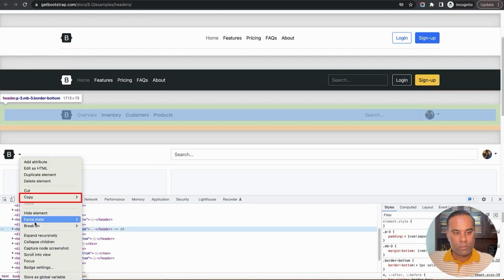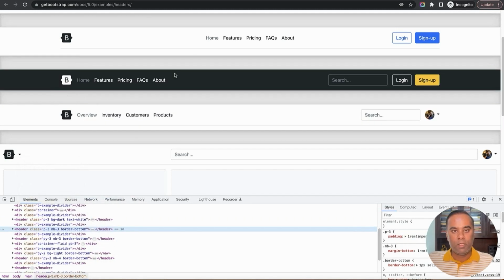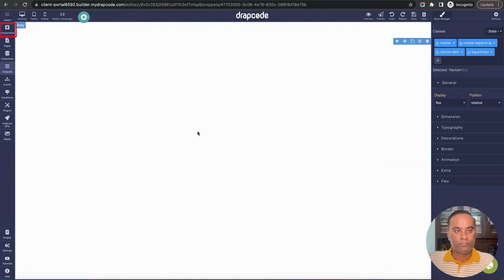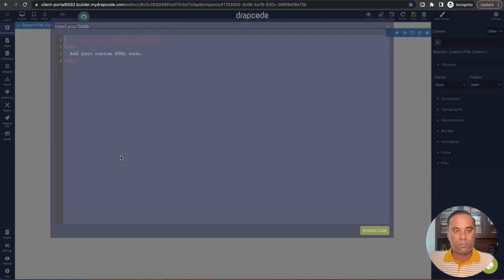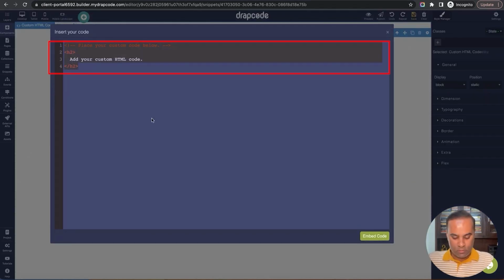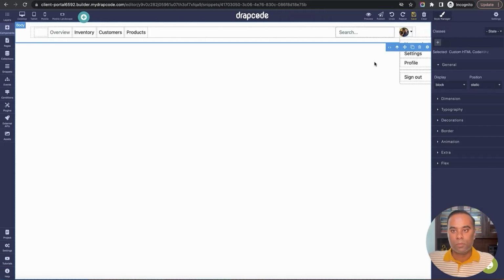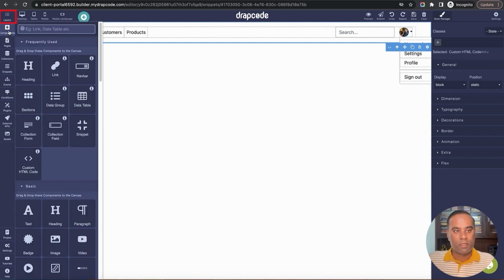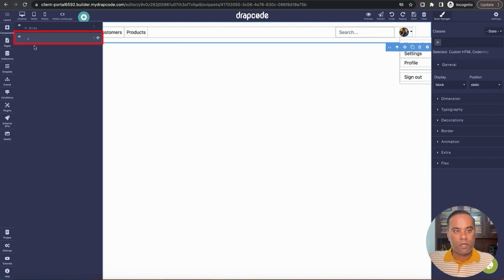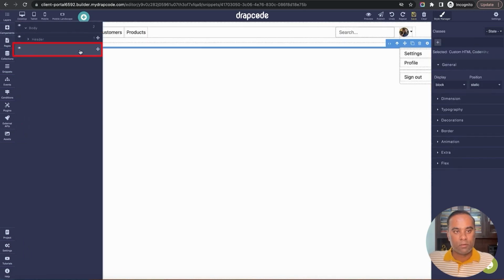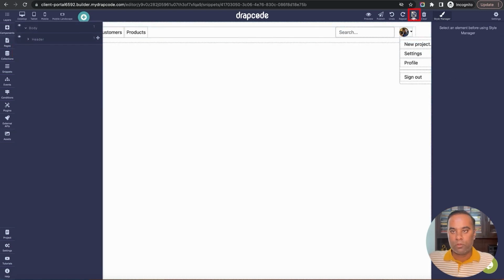So I'll just copy the complete HTML. Okay, so I'll go back to my snippets, go to the component, drop a custom HTML component and just paste this, the header. So the full header is here. If I want, I can basically move it outside of the HTML component. Okay, I can just move it like this. I don't need this. So my header is here,